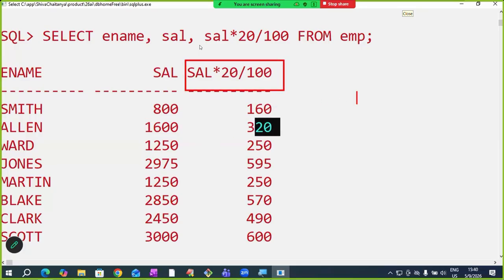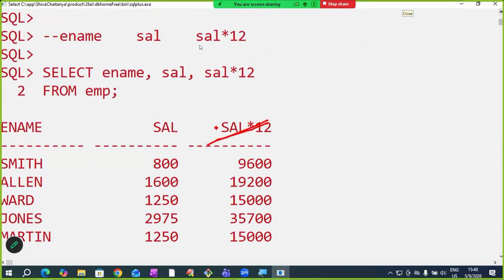If others are seeing, they cannot understand what this one is. Even you also don't know that one. Because I calculated it, on salary 20%, that is HRA. I know HRA. But if others are seeing, they don't know that is HRA. So for others' understanding, rename this display column heading as HRA, or display this column heading as annual salary. Then anyone can understand this one.